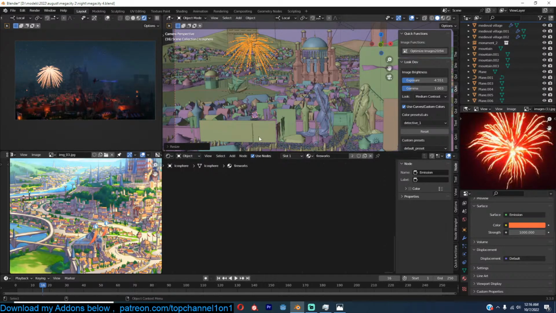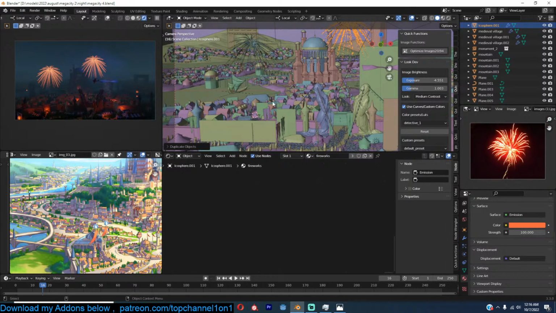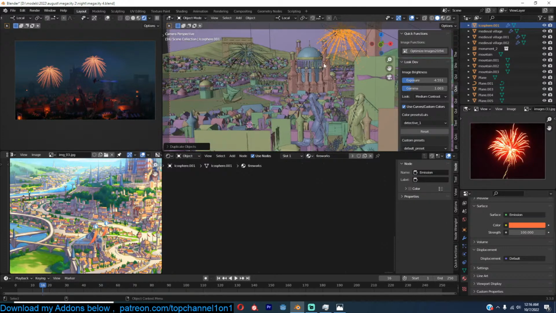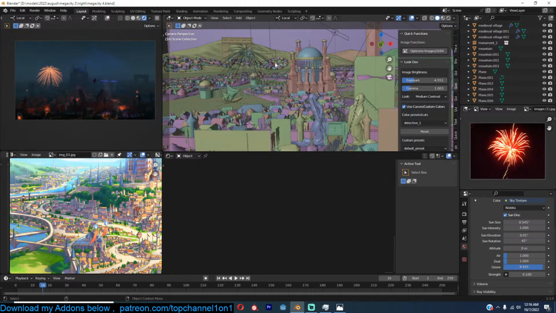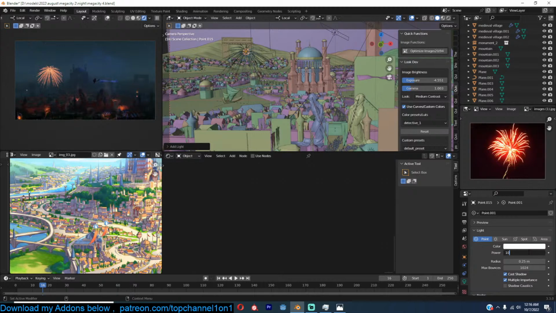We have fireworks, because we can add more fireworks. We also need a trail of the fireworks, which I guess I can do. Just do point light. Let's bring up the